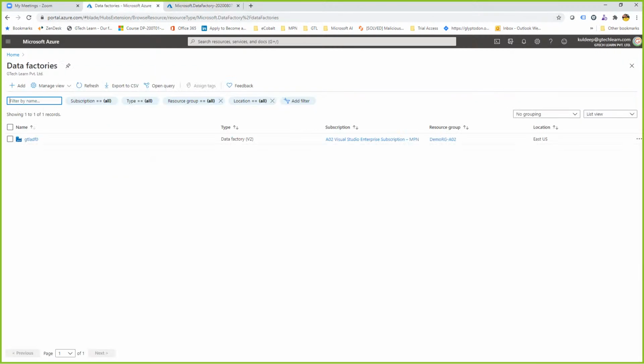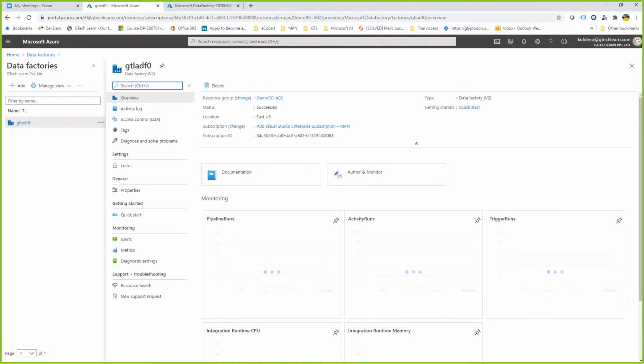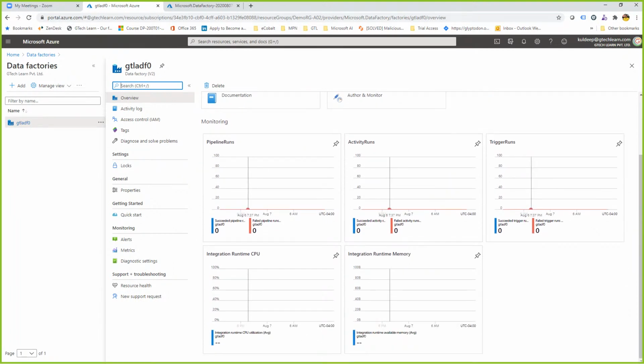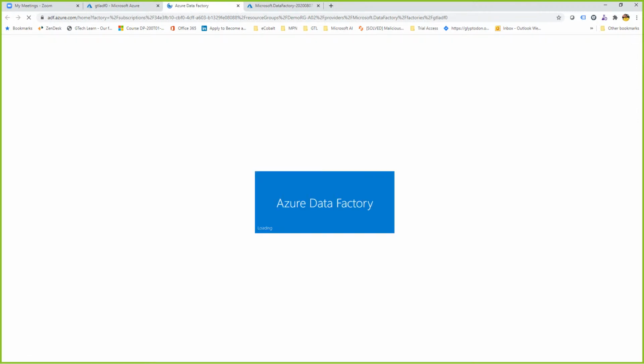In the meanwhile, let me take you to one of my existing data factories, which we've already created just for reference purposes. Here, let me click on that data factory real quick. And I can see some of the monitoring areas, runs, trigger runs, multiple things down there. On top of it, I'm clicking on author and monitor. The moment I click on author and monitor, I would be going to my Azure Data Factory, and this is the area where it says